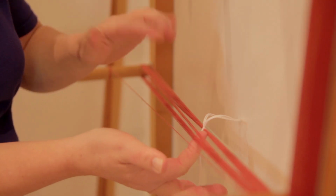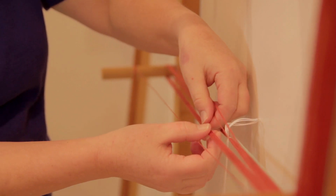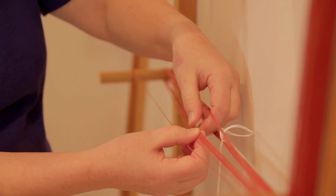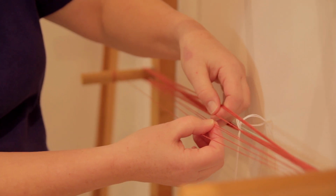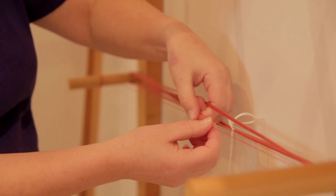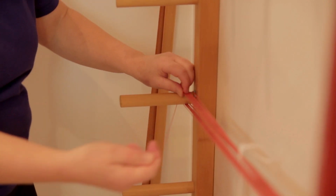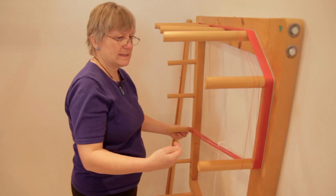It'll sit by itself. I can now count my next 20. 2, 4, 6, 8, 10, 12, 14, 16. So I know I need 4 more. Unwind down here. There's 17 and 18,